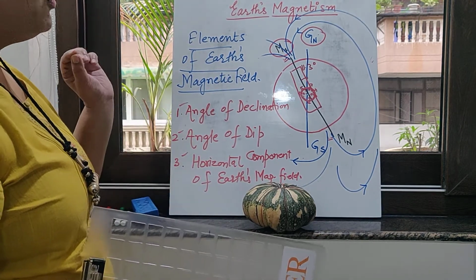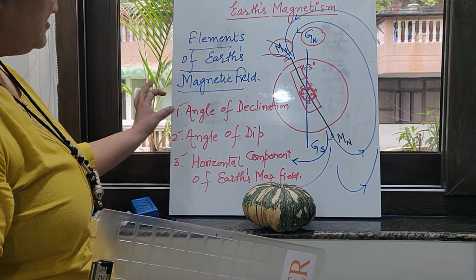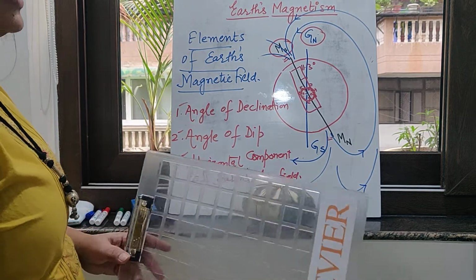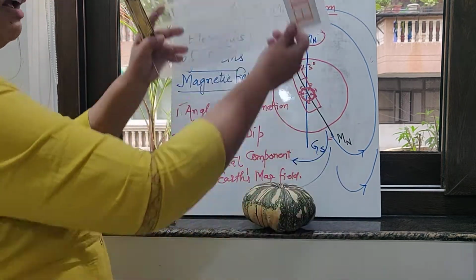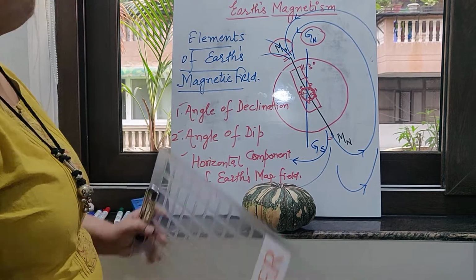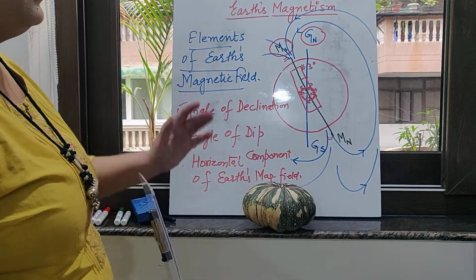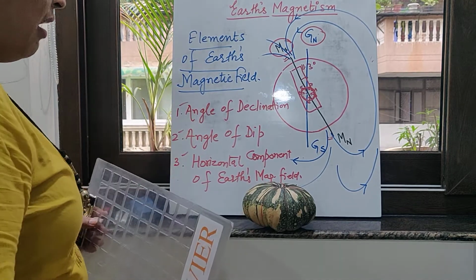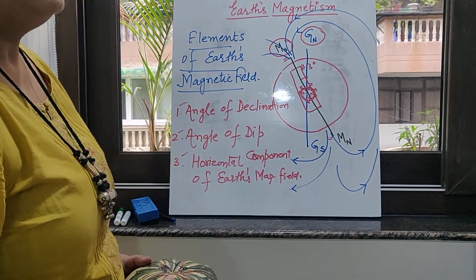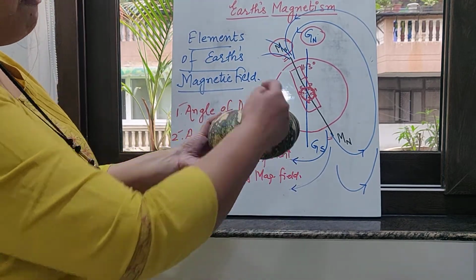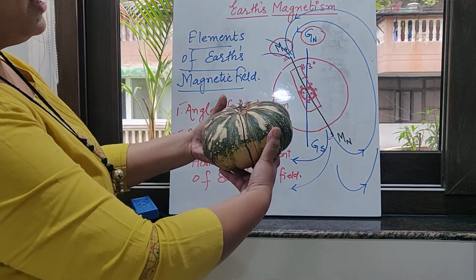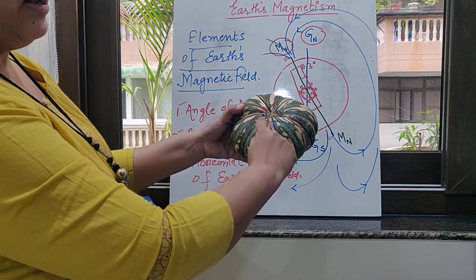So first thing that you have to understand before trying to find out how much is the angle of declination, dip, and this, we must know what is the geographic meridian. So any vertical plane that passes through the geographic north-south direction from the surface of the earth is called the geographic meridian. Now, you have another meridian on the surface of the earth, that is magnetic meridian. Because the geographic north-south direction is not coinciding with the magnetic north-south direction, let us assume that the magnetic north-south direction is somewhere here.